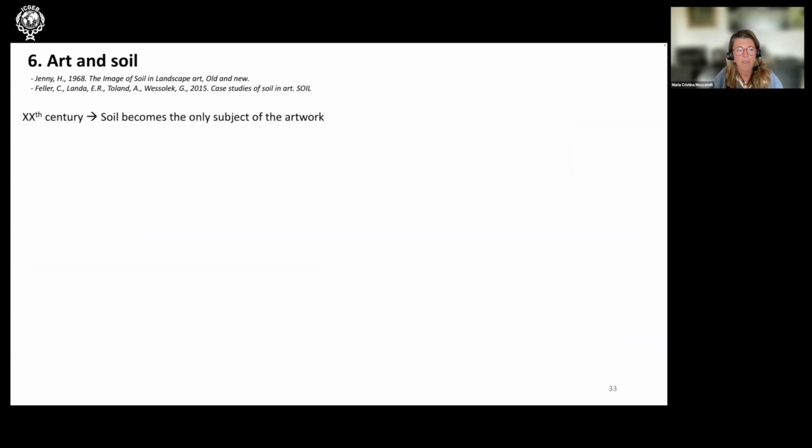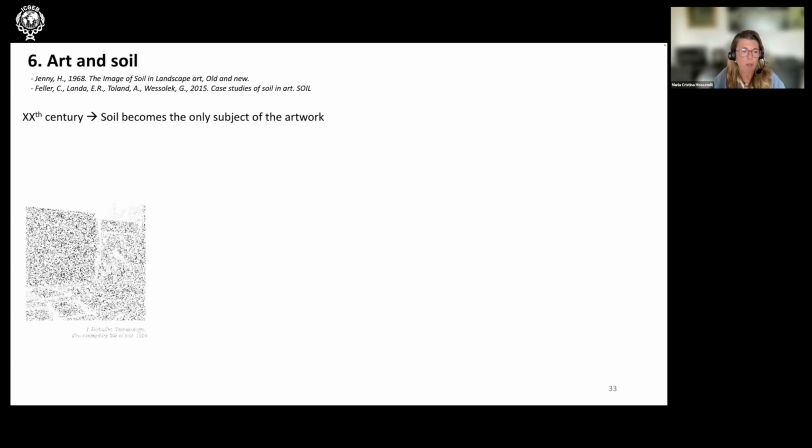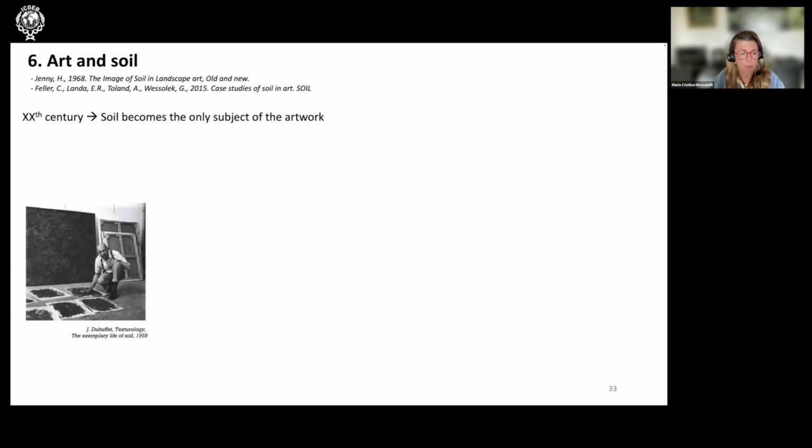What happens in the 20th century? In the 20th century, starting from the first half, the soil becomes the only subject of the artwork. So this is important. Soil is the protagonist of the artwork. And the first example is given by Jean Dubuffet with this texturology series where soils are placed directly over the